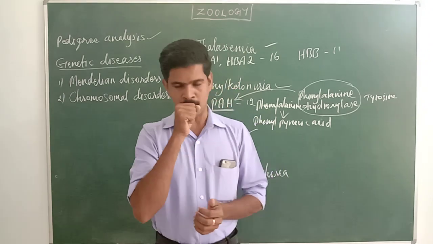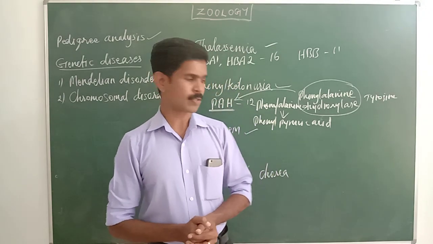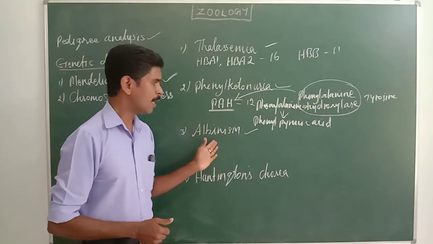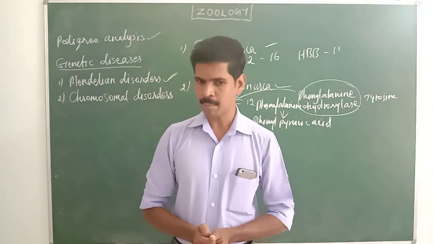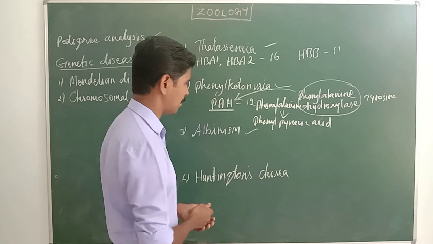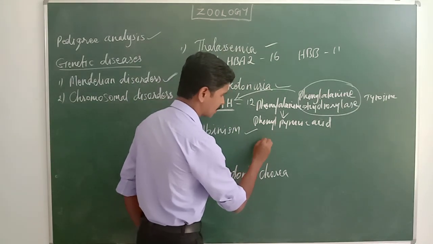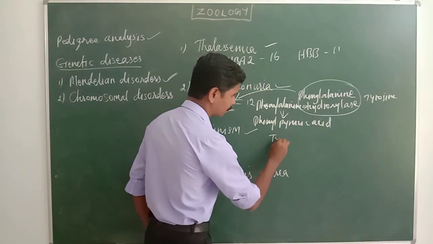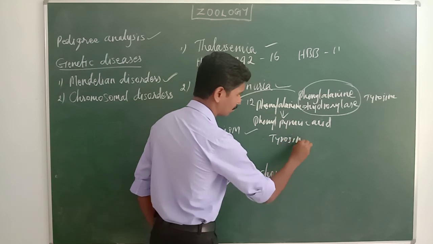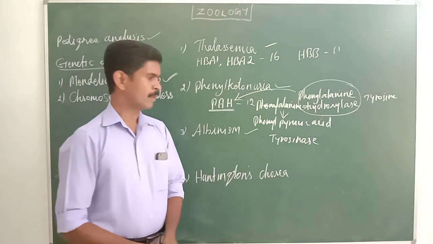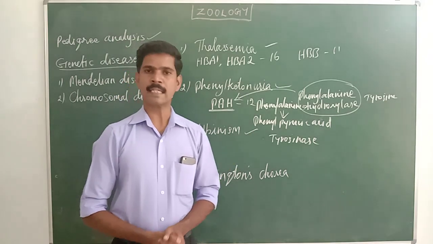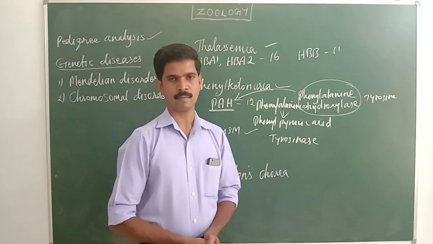So listen very carefully, dear students. So now we are studying this albinism disease. Same. Here also one enzyme. Name of the enzyme is called tyrosinase. This tyrosinase is used to convert